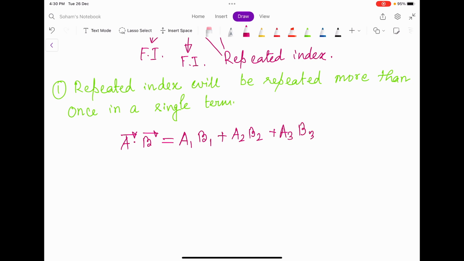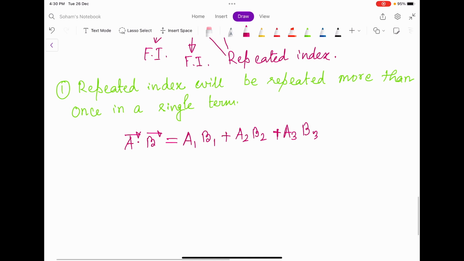So by this time I think you are clear that what we mean by a1, a2, a3, and b1, b2, b3. These are the components of the vectors a and b along the x, y, and z directions, right? So I can write this as